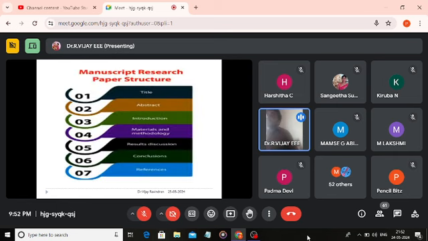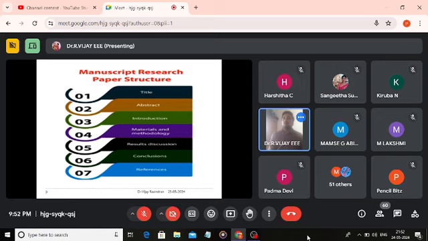Then these are all the structure of a research paper. As you all know, this is not a very new agenda that I have kept in this particular slide. For every paper that we are choosing, the title is very important, and the paper's format will be like